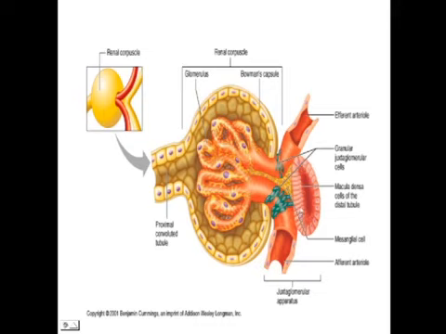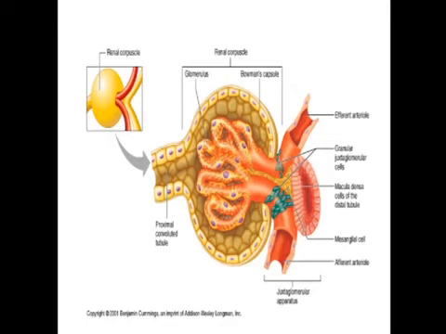In this region, the simple cuboidal epithelium of the distal convoluted tubule shows several modifications. The cells are tall, columnar, and the Golgi apparatus of these cells is located in a subnuclear position in contrast with the supranuclear position in other parts of the tubule. The closely packed nuclei of the thin, tall columnar cells give this region of the tubule a darker or denser appearance. That's why this is known as the macula densa, that is dense spot.